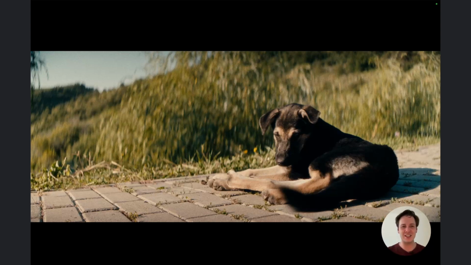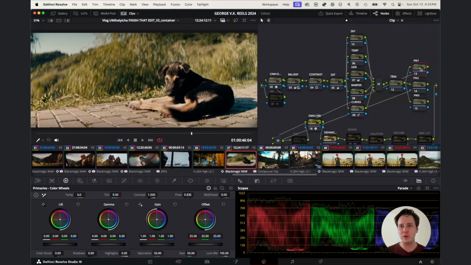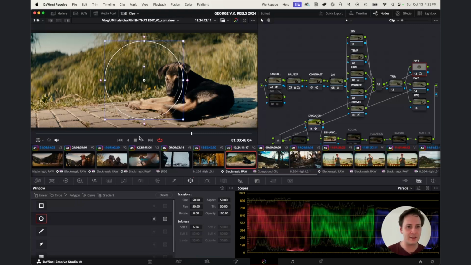The subject is in focus. The eye wants to go towards that contrasty image. I mean, I can play around with power windows, right? I can bring in a power window to this dog. And one quick little